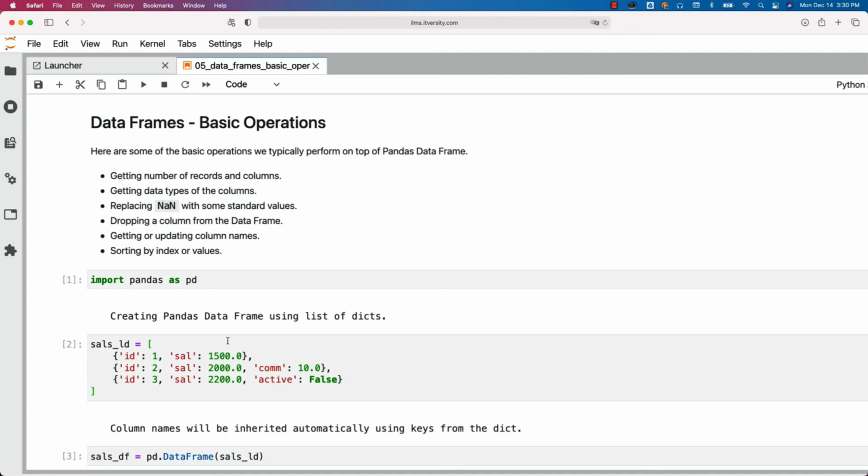So that being said, as we have understood how to create data frames using collections and also understood how to take care of basic operations, now it is time for us to read the files into a data frame and perform some standard transformations using appropriate APIs that are available on top of data frame. And also we have to see how to write the data frames into the files so that we have an end-to-end idea about dealing with data frames when it comes to data processing, whether we are talking about mobile application or web application or data engineering applications. We will get into those details as part of the subsequent topics.